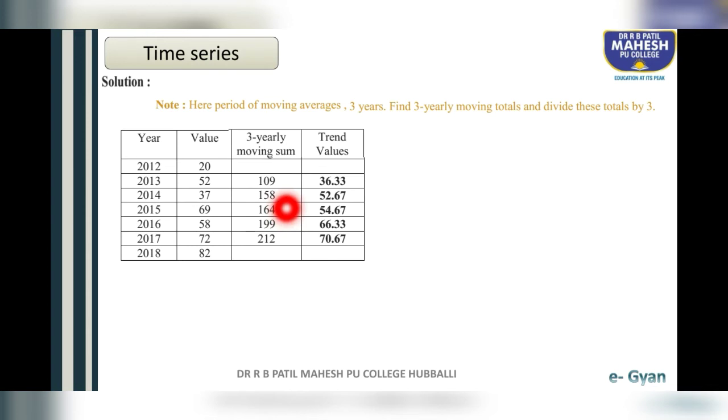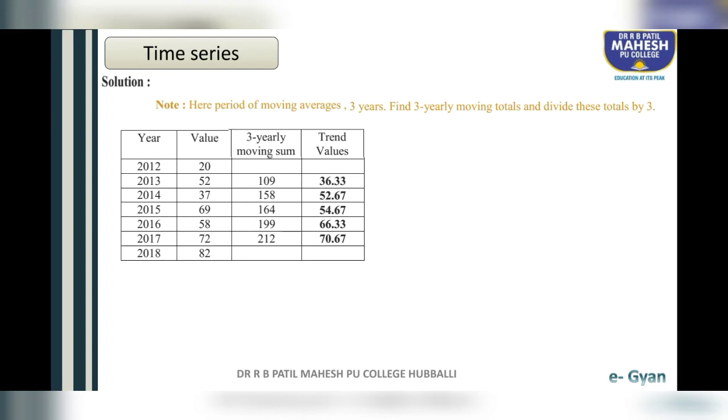158 divided by 3 is 52.67. 164 divided by 3 is 54.67. 199 divided by 3 is 66.33. 212 divided by 3 is 70.67. So this completes the example. So like this you have to find 3 yearly moving